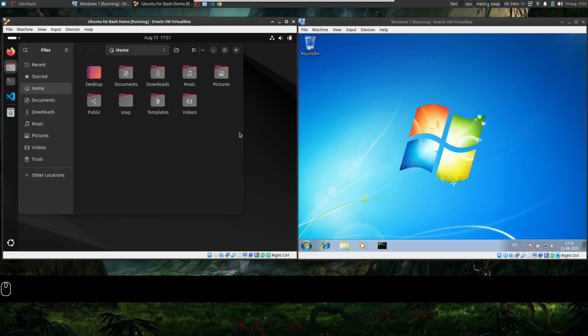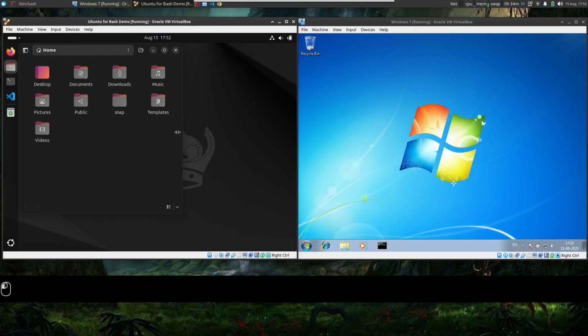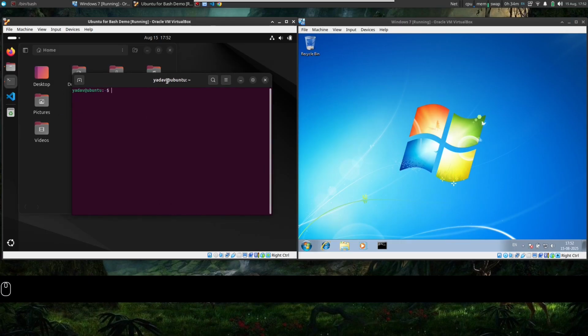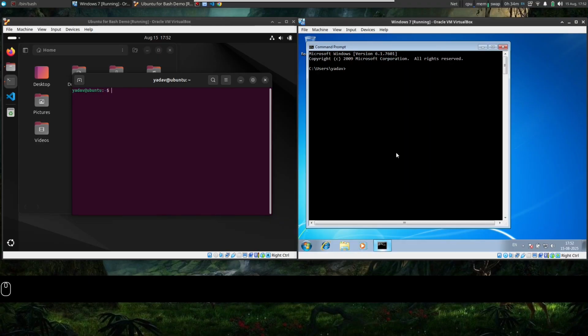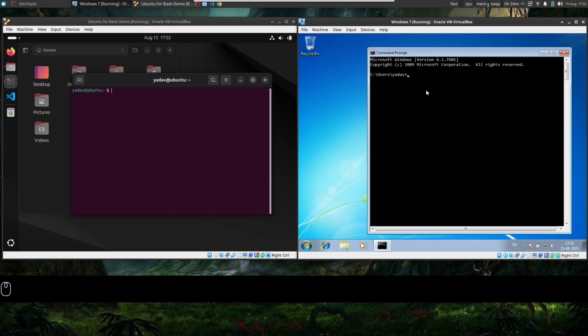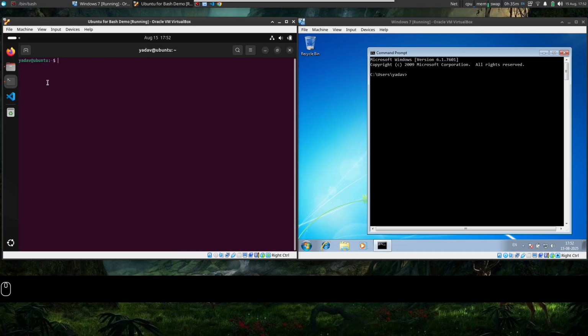Everything which you can do with the graphical user interface can be done with the command line interface. One of the command line interpreters is bash. This is one of the terminal emulators. In Windows, command prompt will be our emulator for CLI. One thing which I was mentioning is this part.